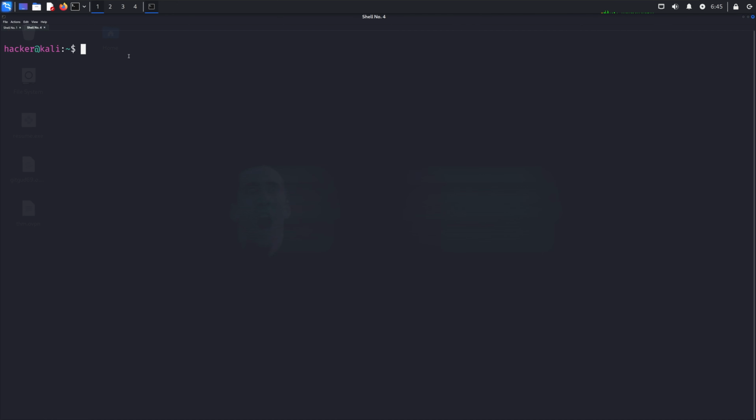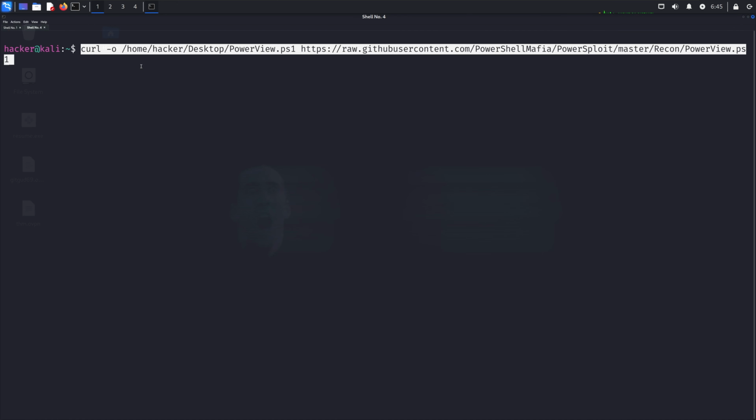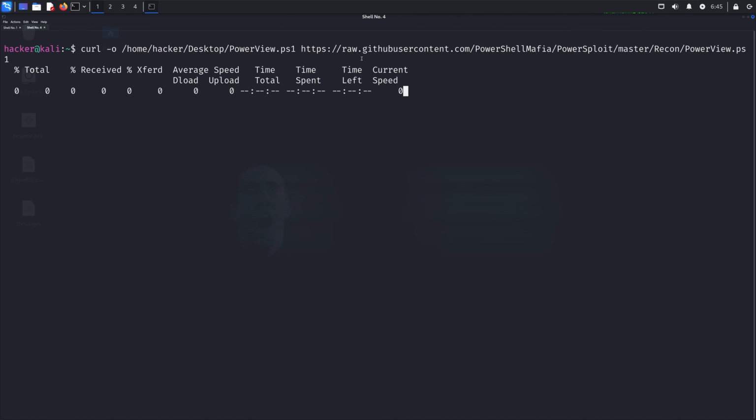The first thing I'll do is run a curl command. Obviously you could use wget if you wanted to. All that's happening here is I'm invoking curl, there's the output, so I'm going to save it to desktop, and then here we can see the URL from GitHub, PowerShell Mafia, Powersploit, that's the framework, and then the specific script we'll be using is powerview.ps1, ps1 of course being the extension for a PowerShell script. So let's run that. And we can see it completed successfully, so we can head on back to our Meterpreter